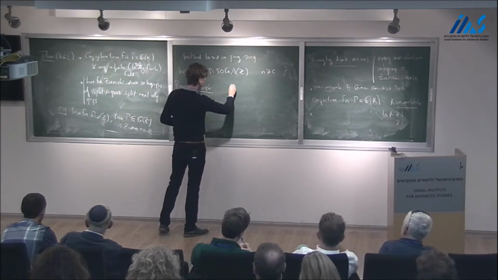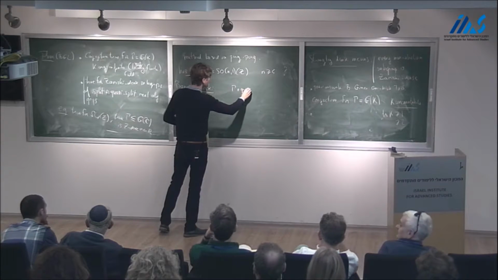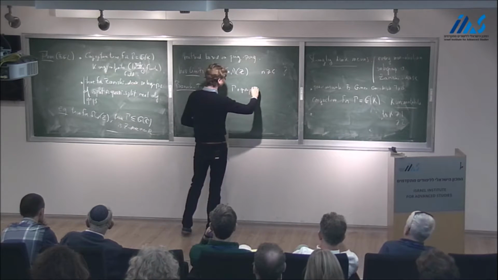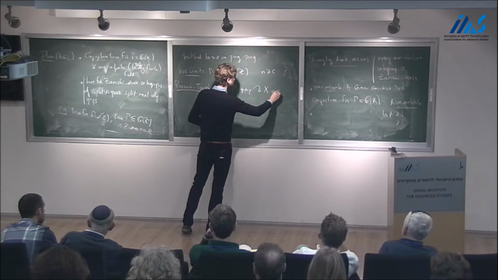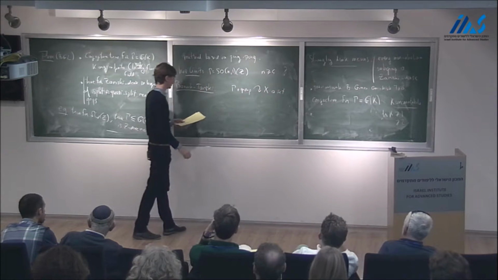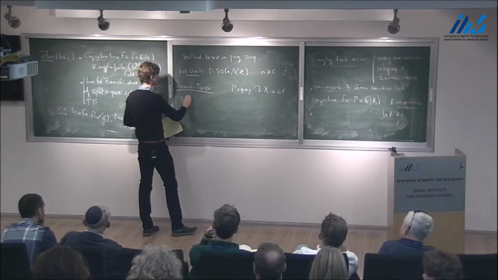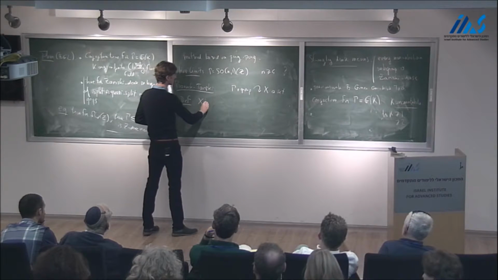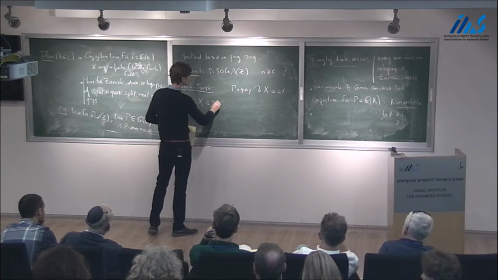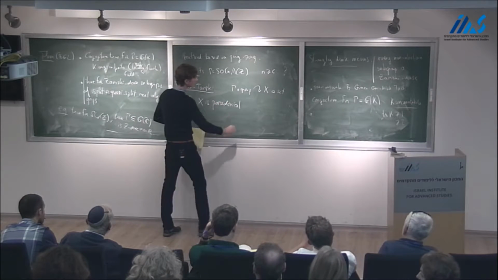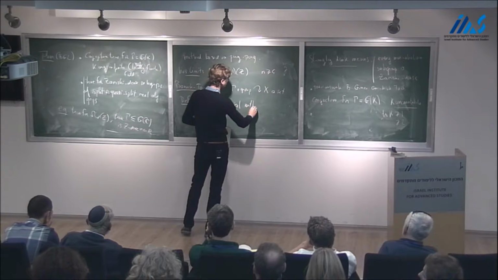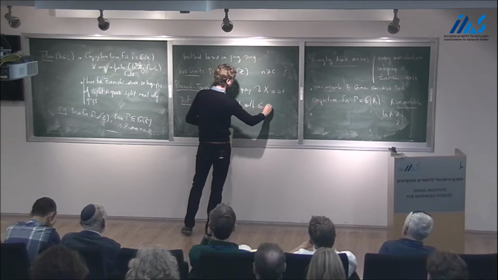So suppose you have gamma a group. It will soon be a Zariski-dense subgroup in a semisimple algebraic group, but for the moment it's just a group acting on a set. And you say that X is paradoxical with at most R pieces